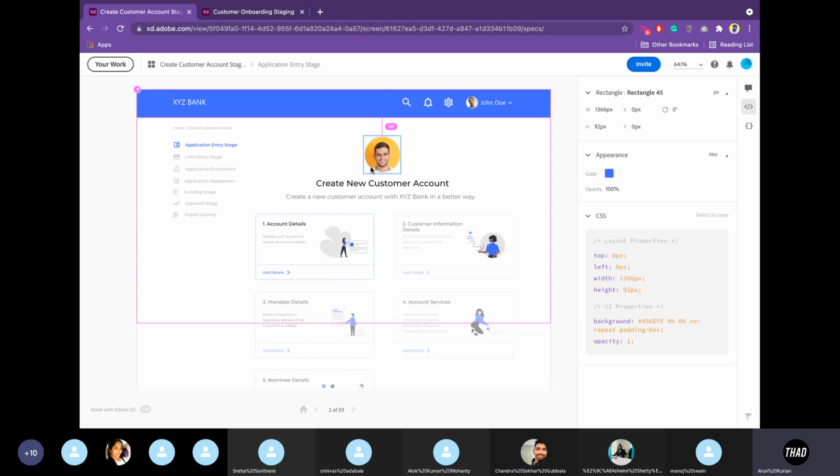If you want a responsive design, then in the design itself you have to create multiple pages. So in 1024 you have to create, 1366 you have to create, 1924 you have to create. Then only you'll be able to do that. So that is one challenge we have. The responsive part is not covered.